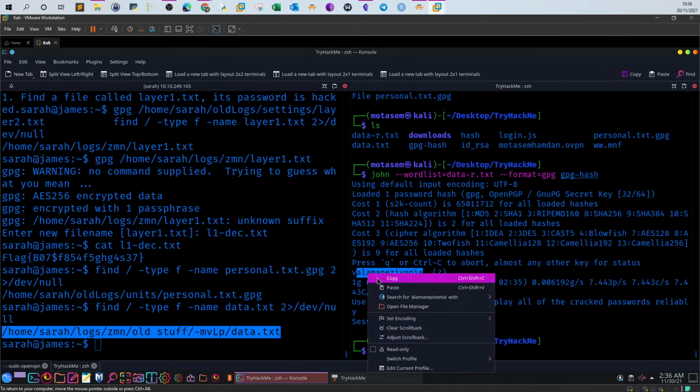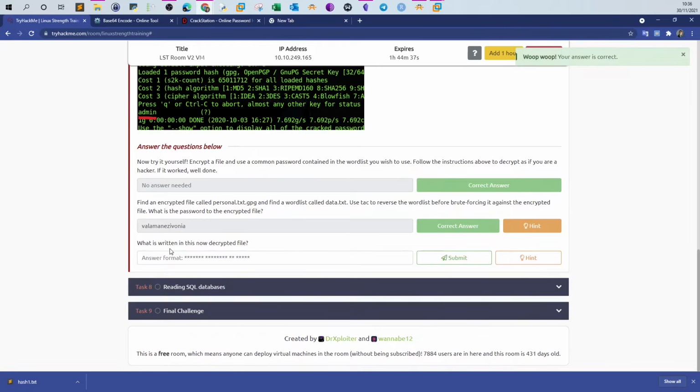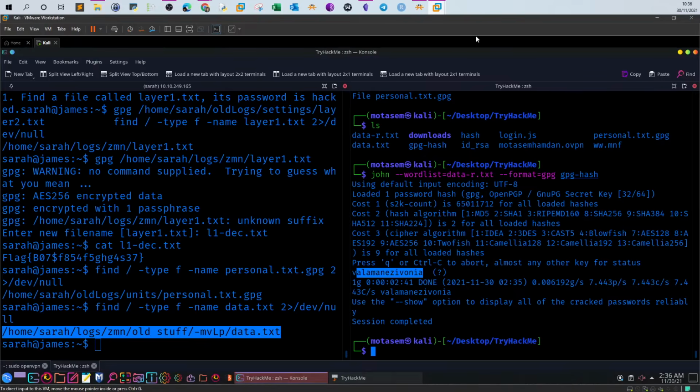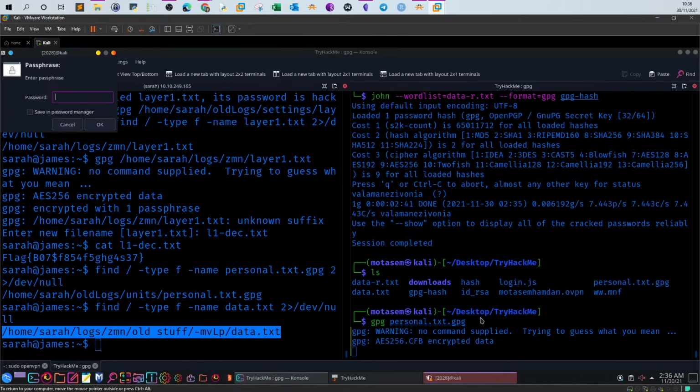Valamenzivonia. Okay. What is written in this now encrypted file? Now we're going to use this to decrypt or find the content of the file. So GPG personal,